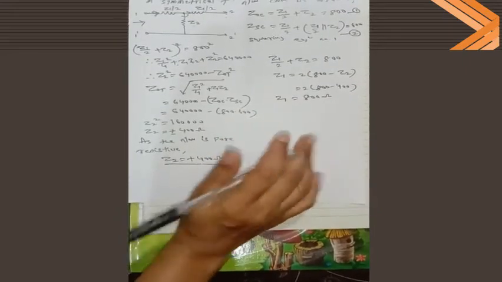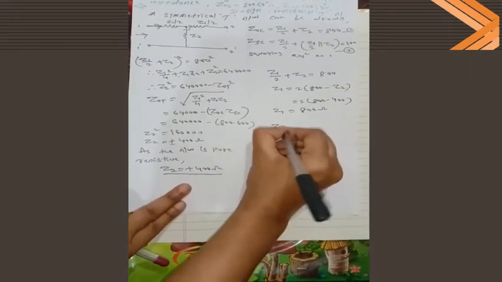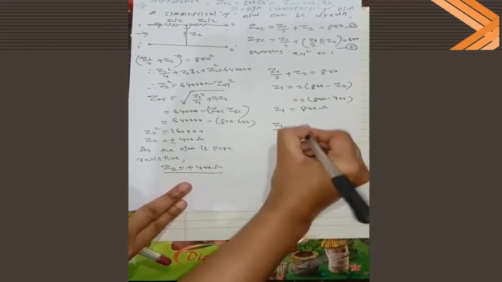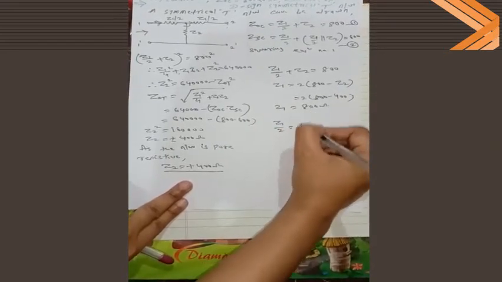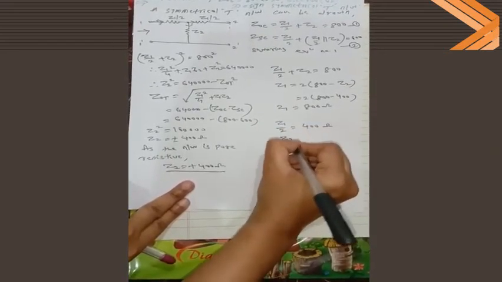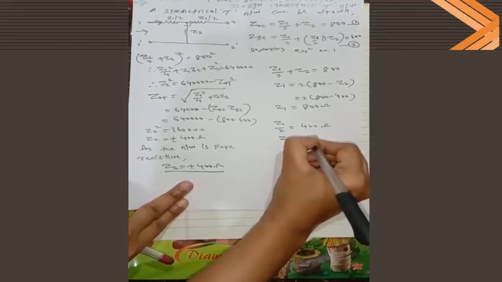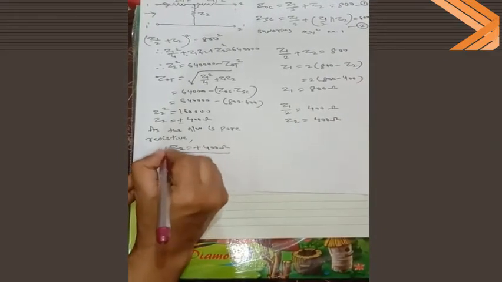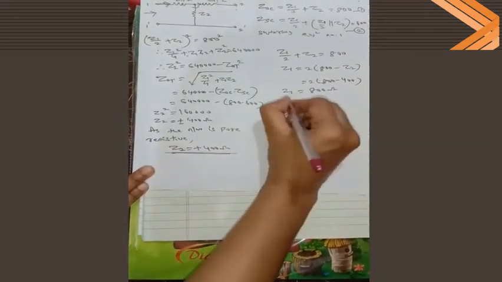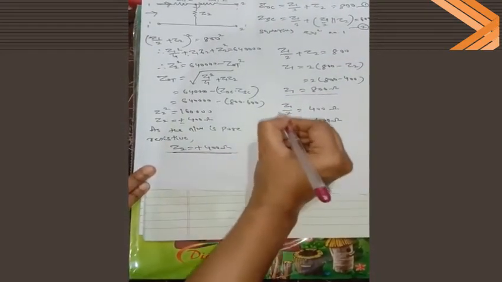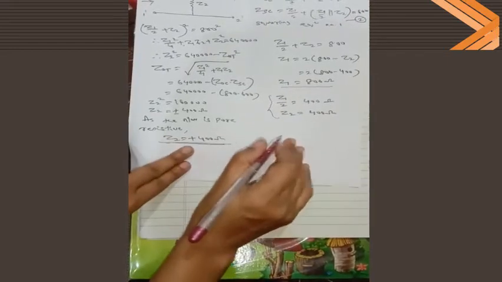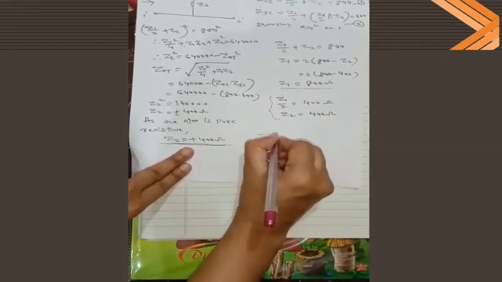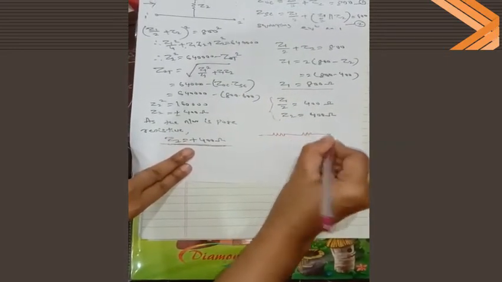So how can we draw the network? So here the two parameters, Z1 by 2 is nothing but, automatically 800 divided by 2 is nothing but 400, and the Z2 I am getting again as 400. Okay. So how can I design that? So these two parameters I have calculated. First of all I have calculated Z2, second I have calculated this one. Now these two things. Okay, how can I draw the network? I can draw the T network like this, which I have already drawn above.